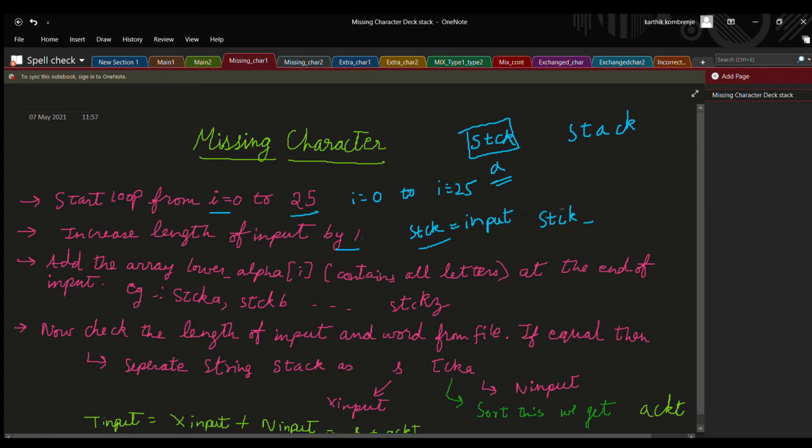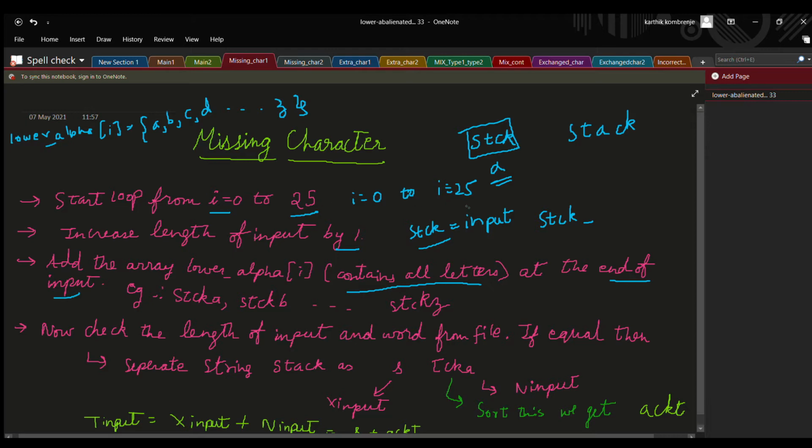Since the length is increased, what I'm going to do is add the array lower_alpha[i], which contains all the letters. So there is one array lower_alpha[i] that contains all the letters, that is A, B, C, D and so on up to Z. So I'm going to add this at the end of the input.